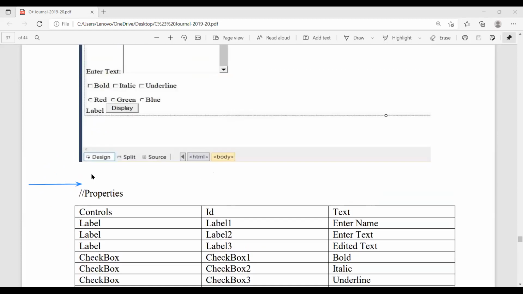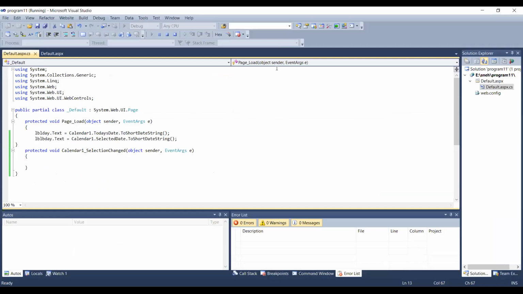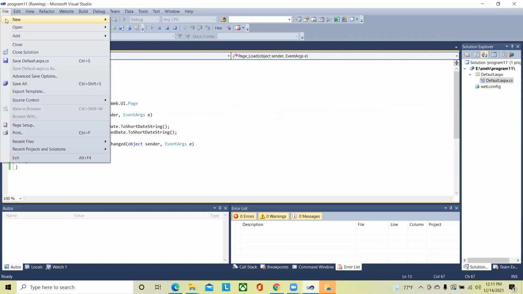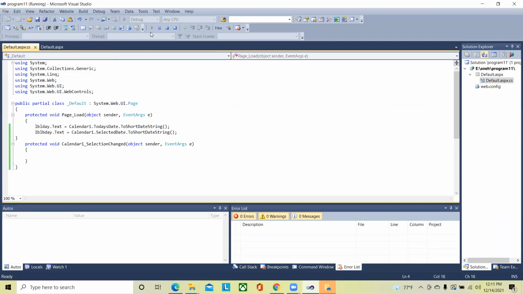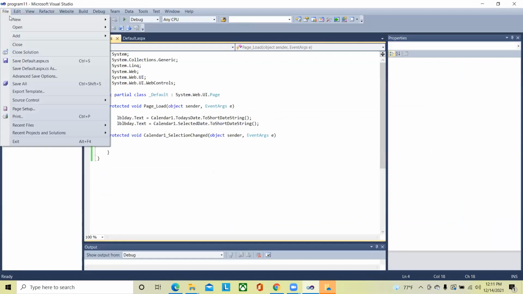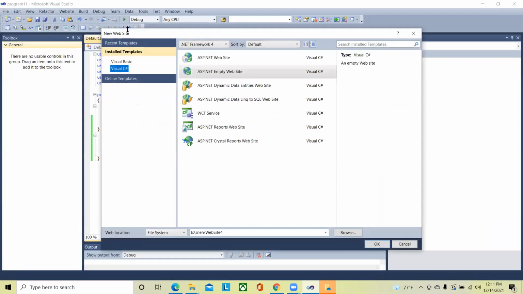So now let us go to Visual Studio, students, right? And let us see how to design the code, right? Yes, so go for File, then go for New, and then go for Website. All right. So when you do this procedure, a new dialog box will appear.